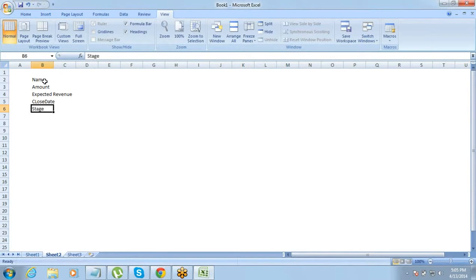So these are the values that I want to display for opportunity.